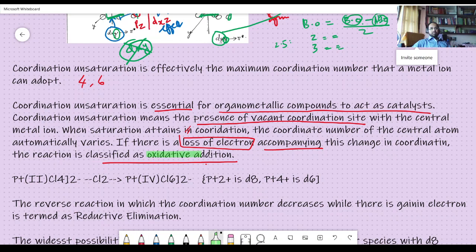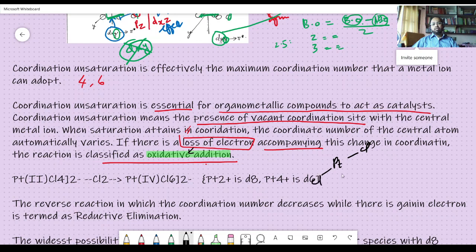What is meant by oxidative addition? In oxidative addition, there is a change in the coordination number of the central metal atom. With the loss of electrons, you call it oxidation. So loss of electrons is normally an oxidation. So here is an example of